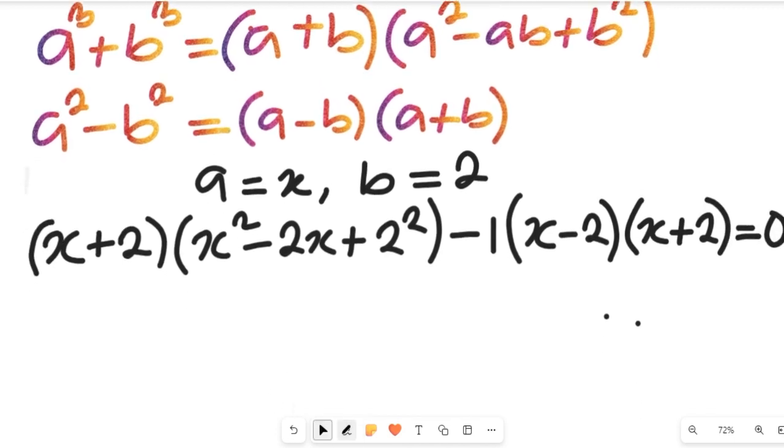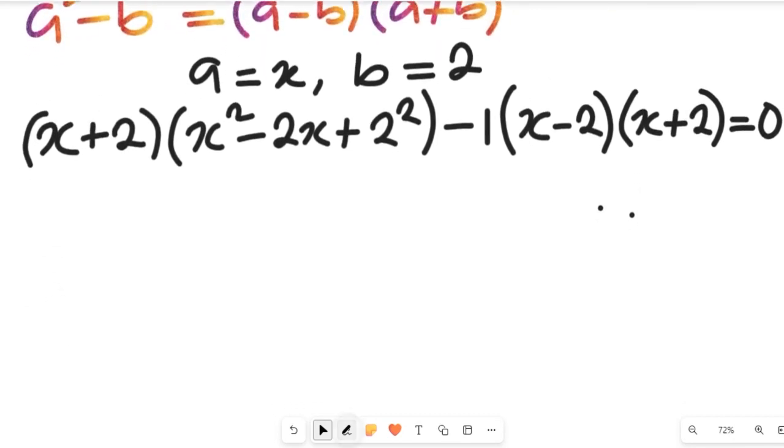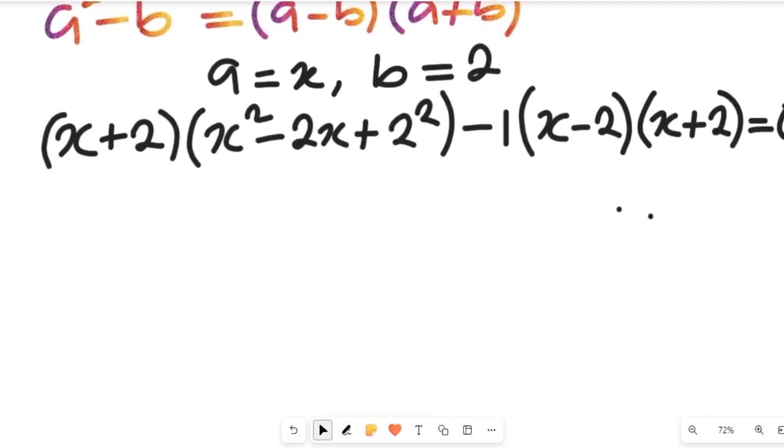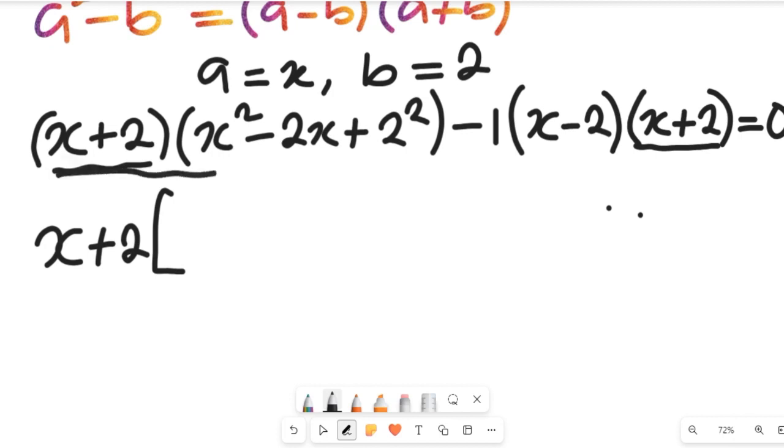Great. So from this expression, we can simplify further. From that expression, you see that we have two common terms, and the two common terms are x plus 2 and x plus 2. So we're going to bring out x plus 2. If we bring out x plus 2, this whole expression divided by x plus 2 will give us x squared